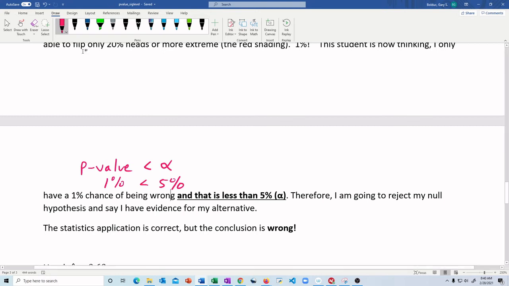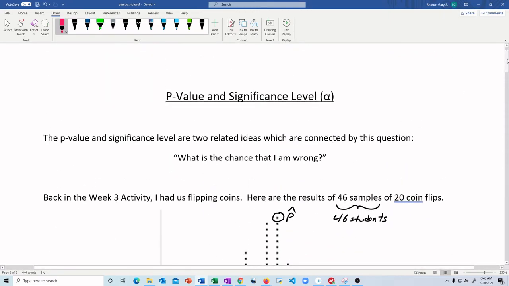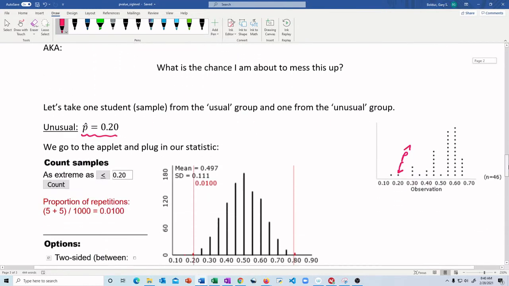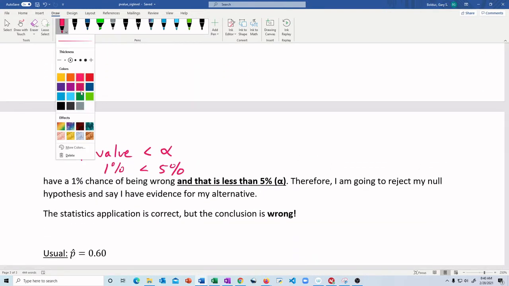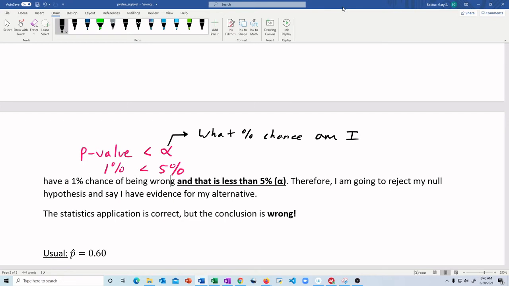That's what alpha is. Alpha, we go all the way back up to the beginning. What is the chance that I'm going to mess this up? I'm doing this wrong. That's alpha. Alpha is you saying, so let's put this down here. Alpha, when you pick alpha, which we'll be doing in this class, we'll be picking something, is you saying, what percentage chance am I okay with? So I should add to this. What percent chance of being wrong